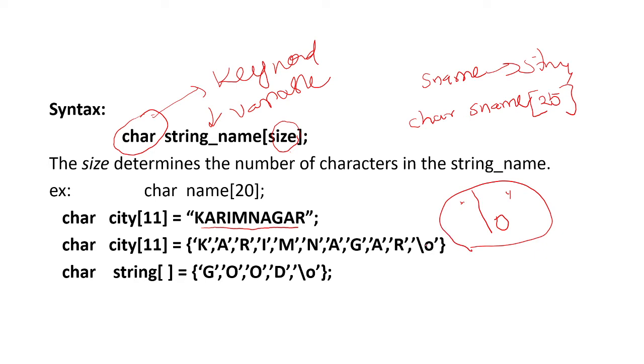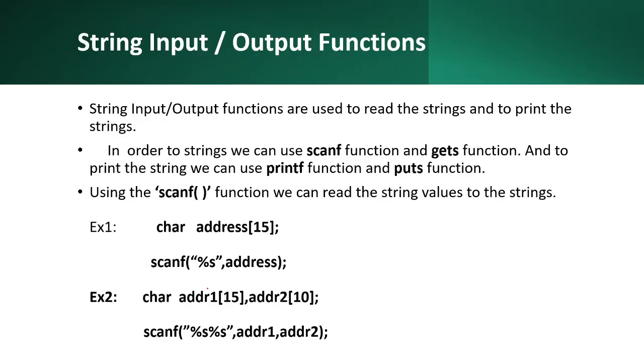And if you want to assign a string with single individual letters or individual alphabets, then you need to use single quotes, and using these single quotes you are able to assign the values. And while assigning with single quotes, it is compulsory to add the \0. So this is the way we are able to declare the string. And if you are not specifying the size, that indicates that as per the number of characters which you are going to assign, the string size is going to be defined.